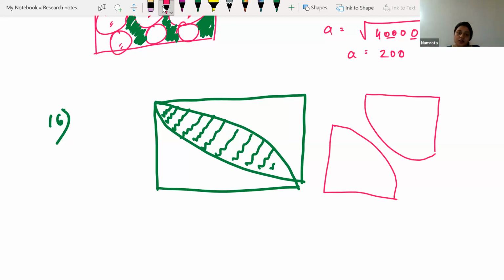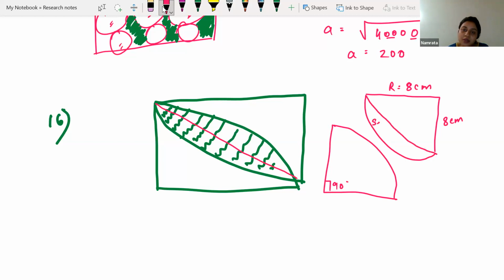So here it's given 90 degrees. It's a quadrant of a circle. And what else is given over here? The radius of each circle is given as 8 centimeter. Here also 8 centimeter. Okay. So if we draw a line over here, if I draw a line over here,